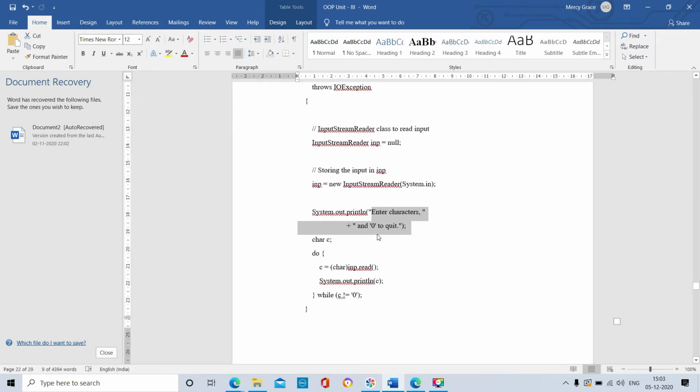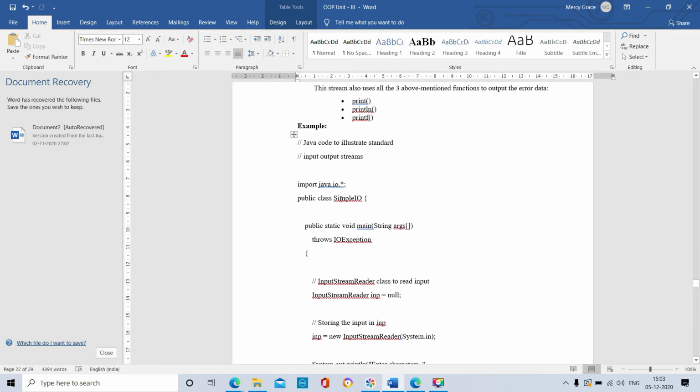It will go to enter the characters. The class name is SimpleInputOutput. So these two lines are enough: public static void main(String[] args) throws IOException. Without using try and catch blocks, throws is the keyword used to throw the exceptions. Whatever exceptions are present in our application program will be thrown on our output screen.